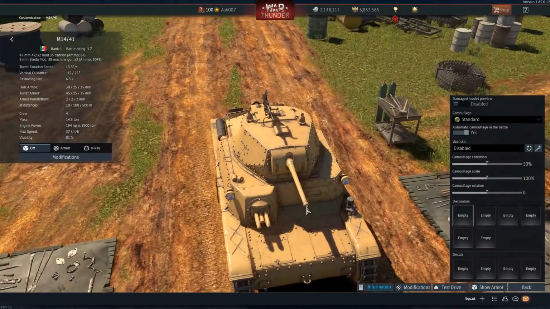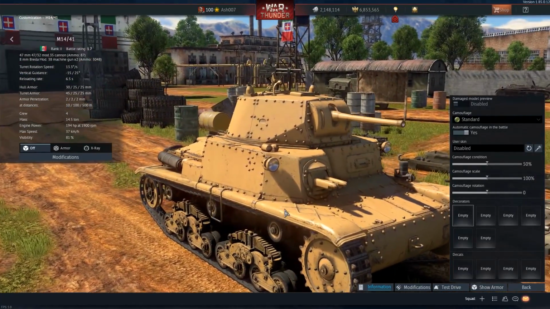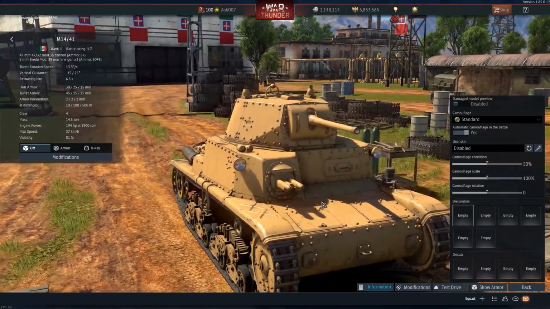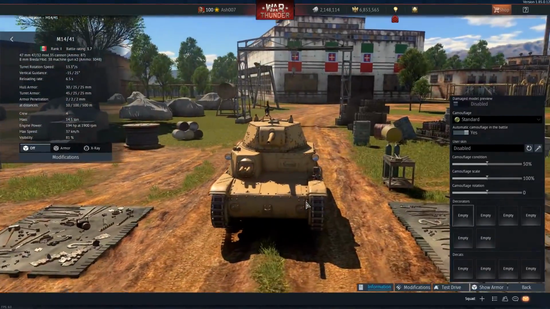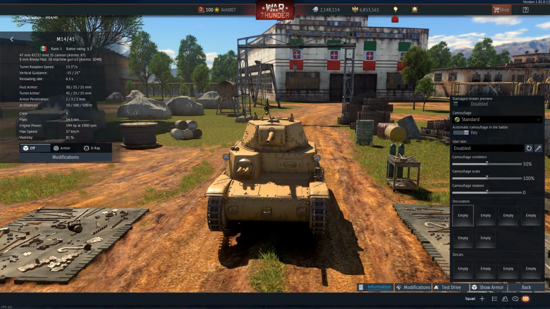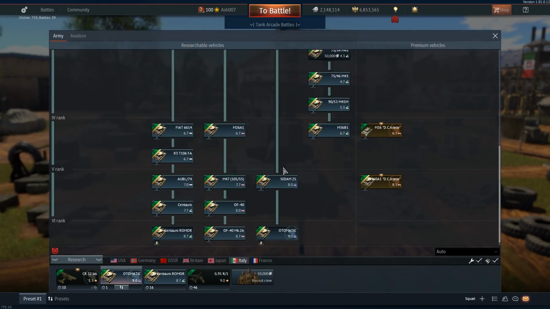M14/41, again, just a weird Italian tank with 2 machine guns in the front here. They're 8mm machine guns, ironically, so not your regular ammunition type. Nothing really too fancy to say about that one. It's got a 47mm main gun, which is quite good for the time. But again, a lot of the vehicles in the tech tree are...